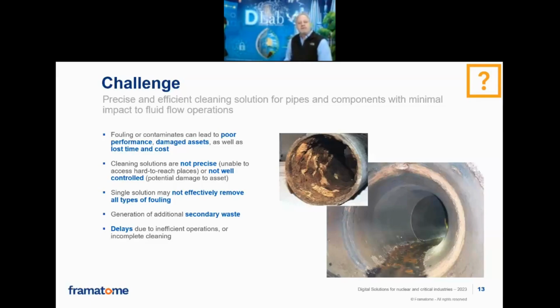So in most of these objects, we're targeting one type of deposit. That's one thing that's good about the system that we're working on with the subcontractor is we want to be able to go in and target that area to be able to do that cleaning. And it could be very difficult for us to be able to do that if we're not having a technology to be able to do that, especially without delaying the plant. Next slide, please.